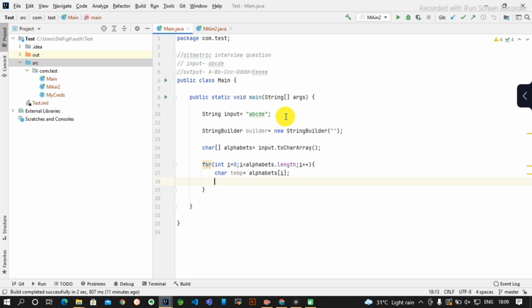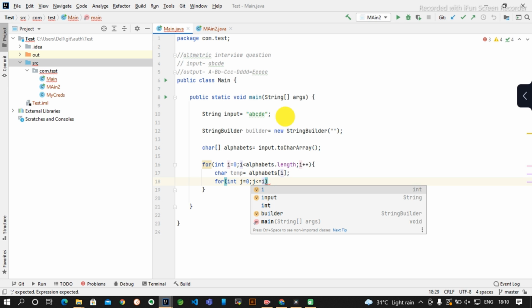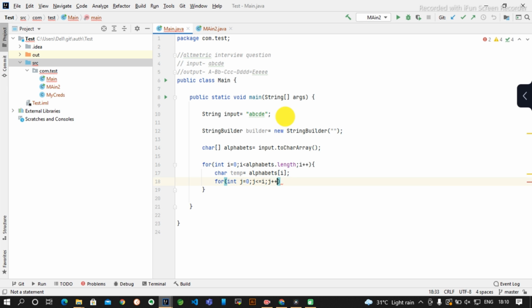So we will run an inner loop: for int j equal to 0, make sure j is less than or equal to i, j plus plus. If j is zero, since the first letter should be uppercase, we need this condition block to make the alphabet uppercase.